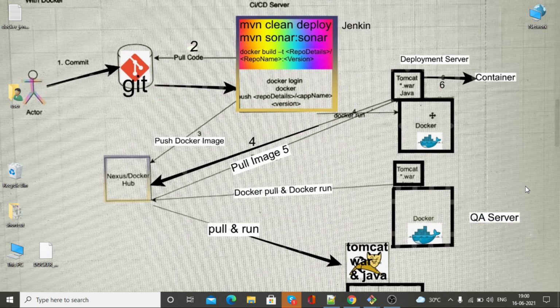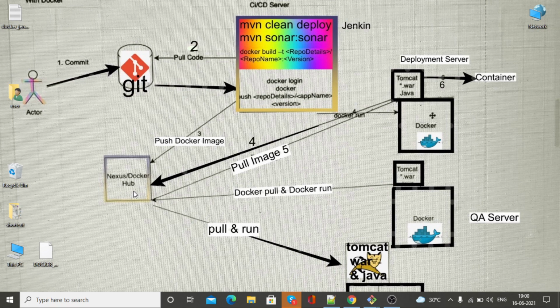Here in this diagram you can see all the steps we have done already. First, the developer commits the code in git, from git we take the package through maven clean, we create the package and we create an image, then we push the image to the docker registry.